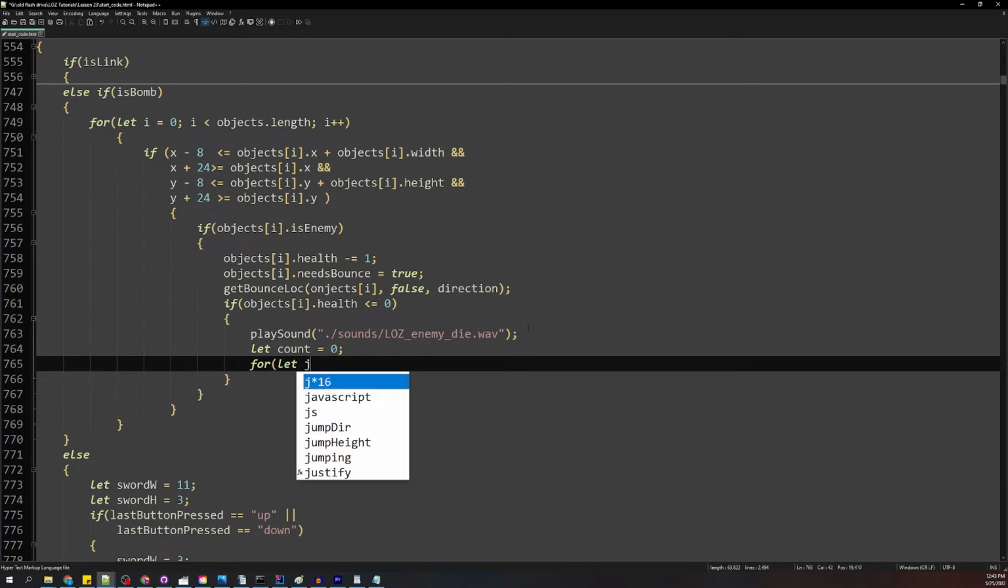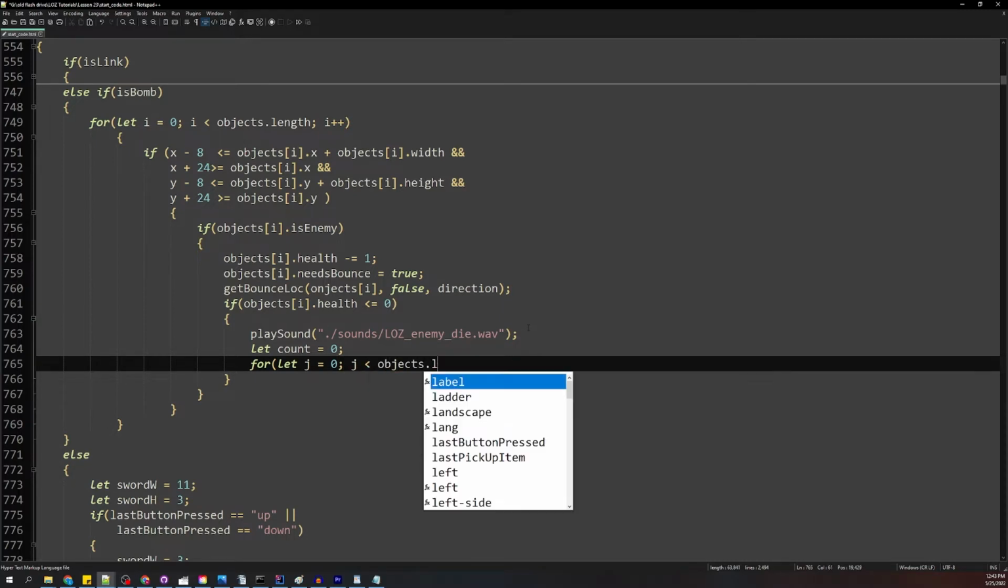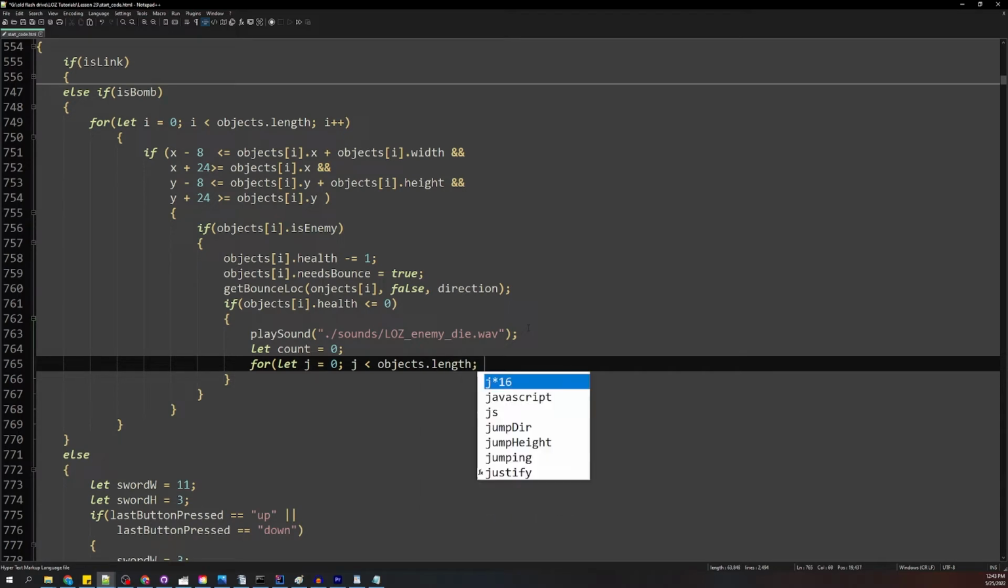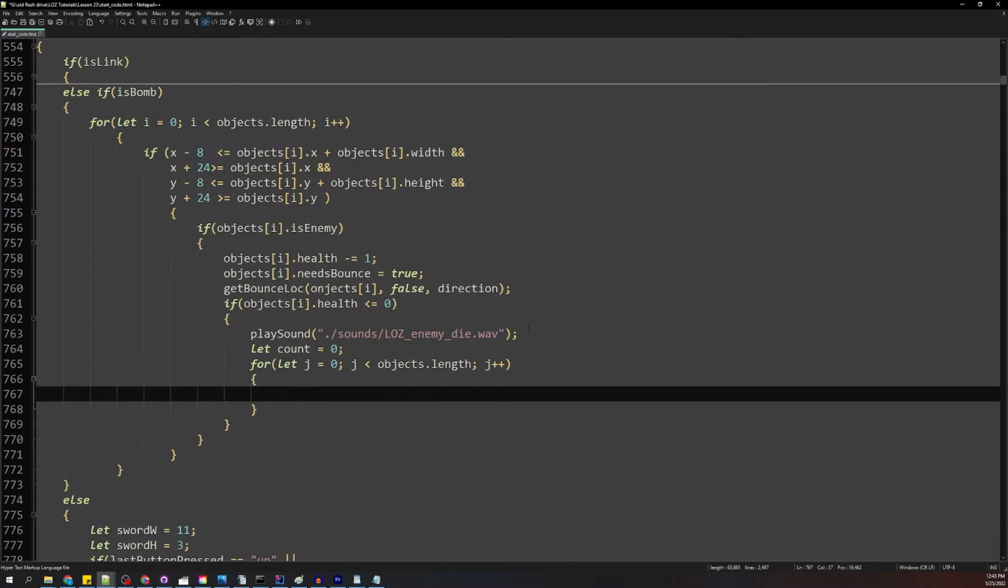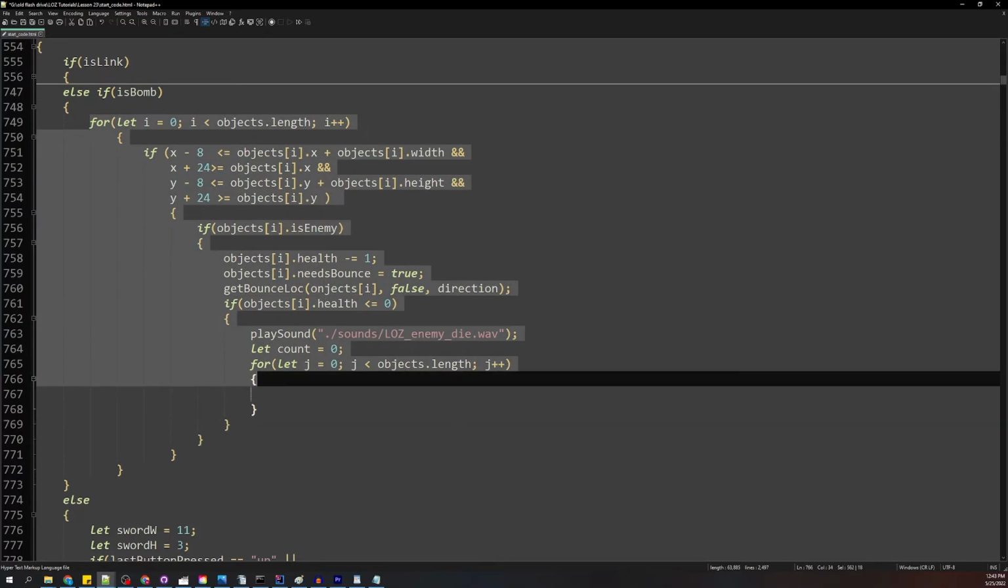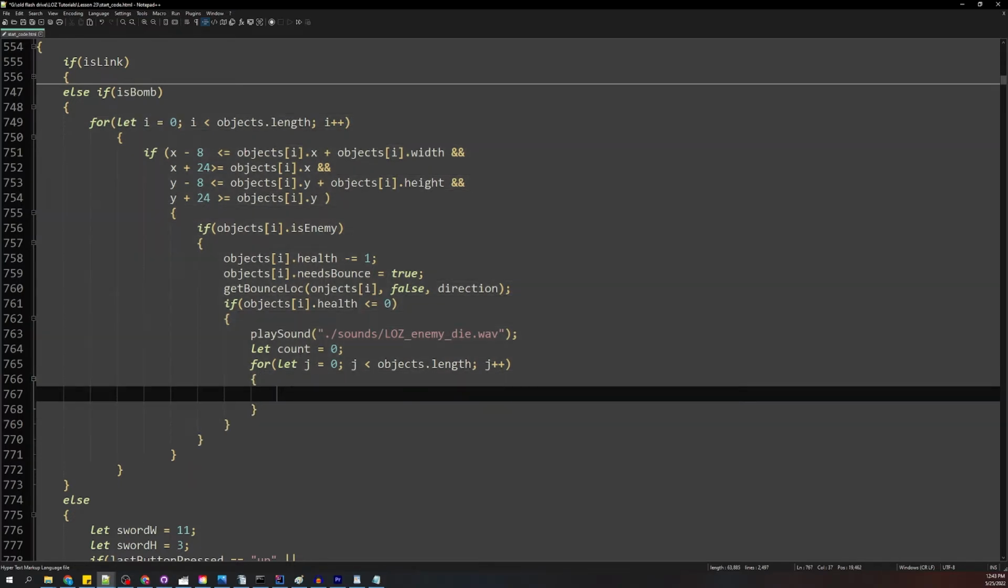for let j equals 0 while j is less than objects.length, j plus plus. Now keep in mind that the objects that we have for any one map are going to be super small. So when we get into these conditions where we have like n squared and maybe even n cubed things to look at, the space is going to be so small that we don't really have to be too concerned about performance issues. So here we're just going to say